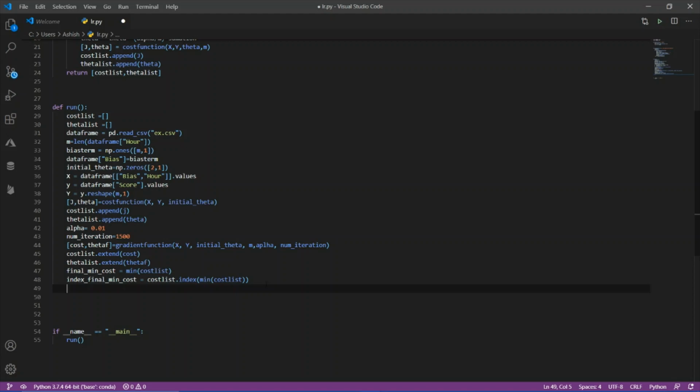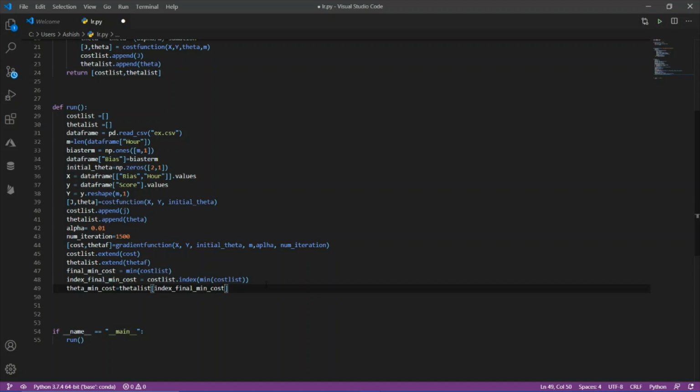Now I have to find the theta that minimizes the cost function. So theta min cost equals theta list at the index of final min cost.